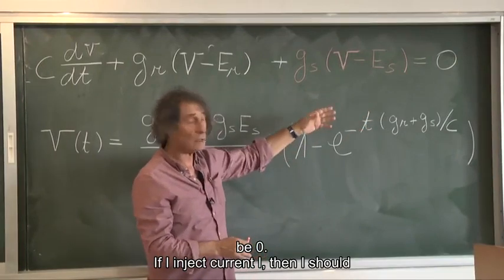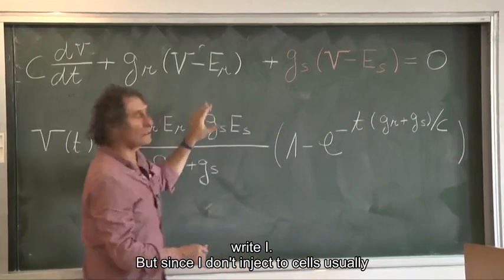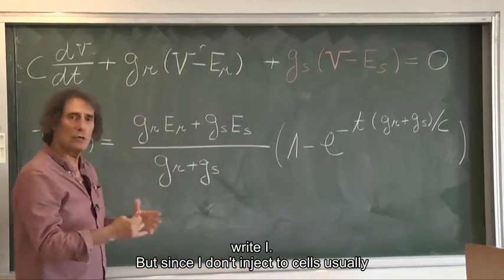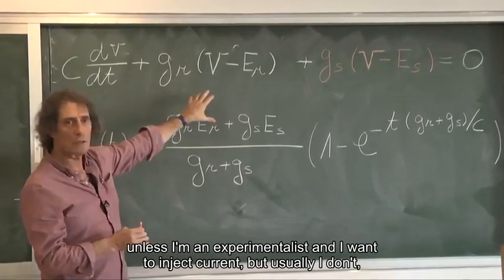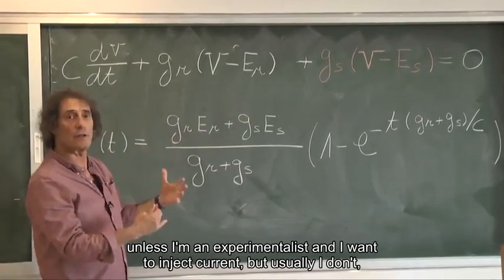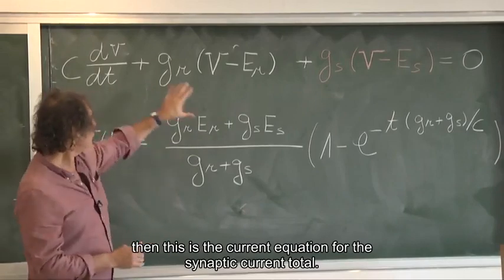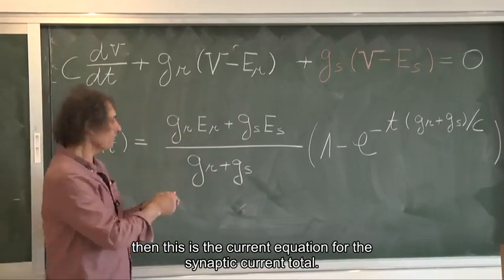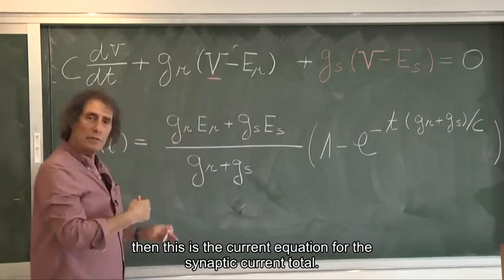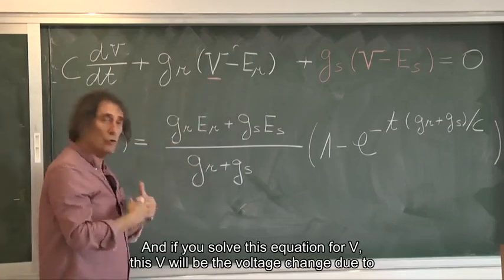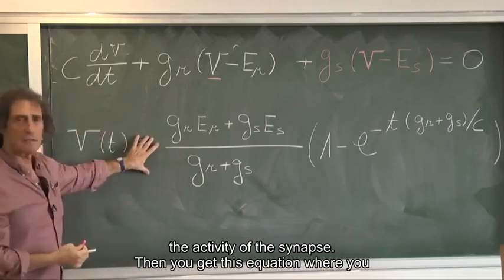If I inject current I, then I should write I. But usually I don't inject current into cells, unless I'm an experimentalist and I want to. So this is the current equation for the total synaptic current. And if you solve this equation for V, this V will be the voltage change due to the activity of the synapse. Then you get this equation